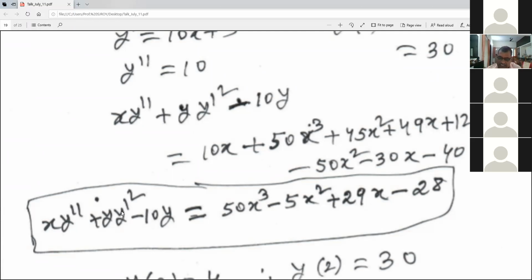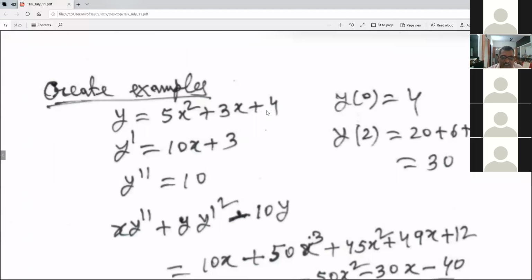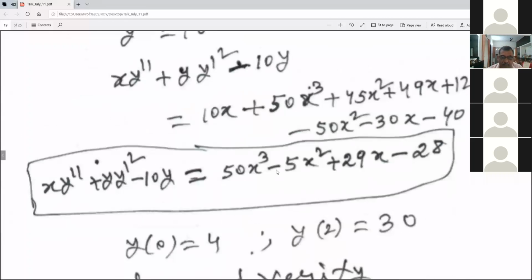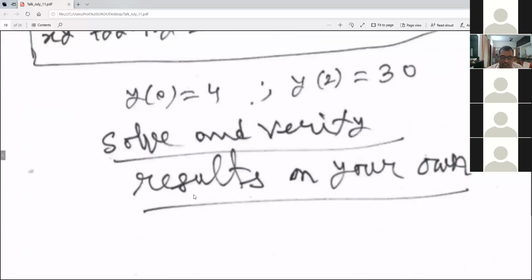And because you take practical boundary conditions also, you have to satisfy these two boundary conditions. You can satisfy them by a straight line, which is a unique straight line, but these two points can also satisfy a quadratic curve, which need not be unique. You can take a third order curve, so depending on your physical problem you can take. If you talk about research, there are many things inside, but the simple mathematics problem is you take a y, differentiate, create an example and solve by the linearization technique and see what the problem is. Solve and verify results on your own.